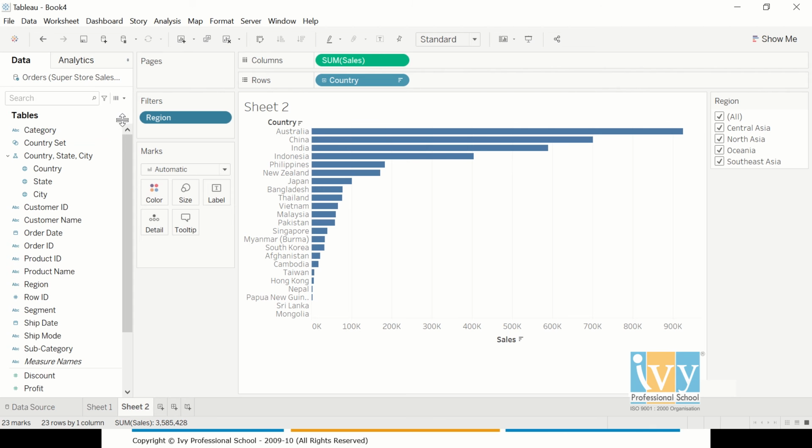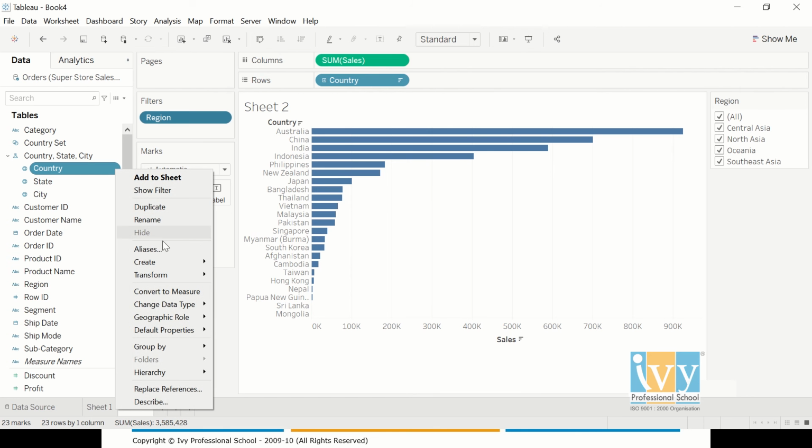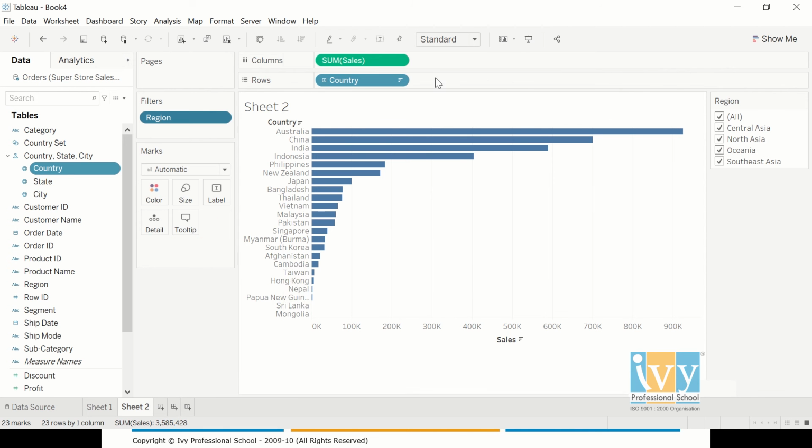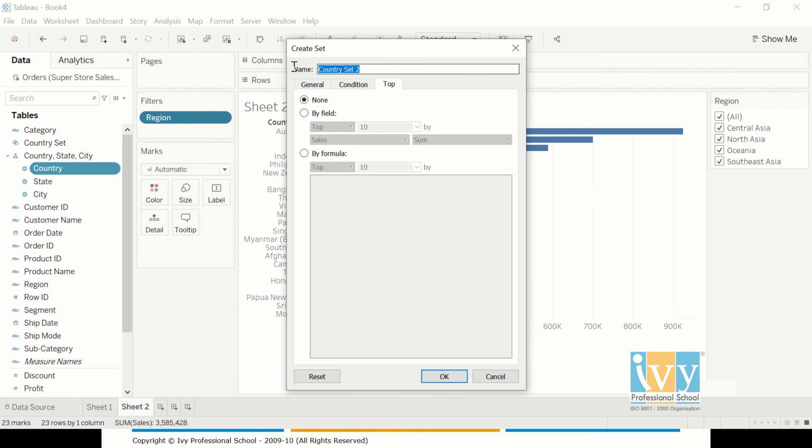Now we'll make a set. We always want to see the top three of my countries in some different colors, and the remaining ones in some other colors. So we'll simply create a set on our country which says top three.